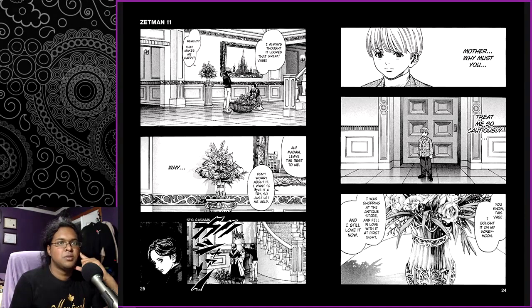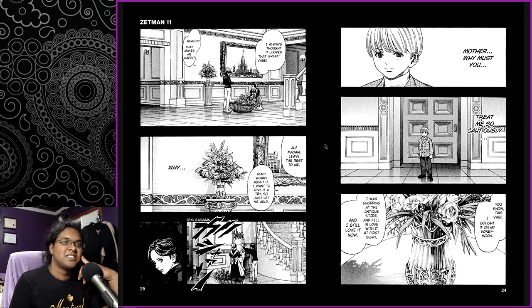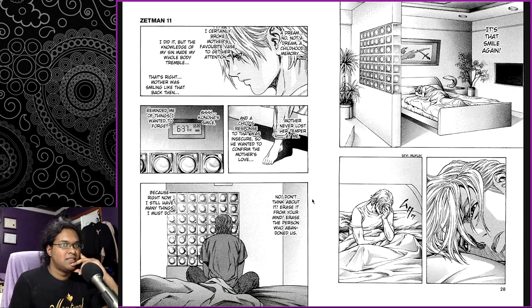Huh. That's worrisome. I don't know if this is just a typesetter thing or if it's something that the mangaka intentionally chose. But if it's intentional, then why isn't it in the